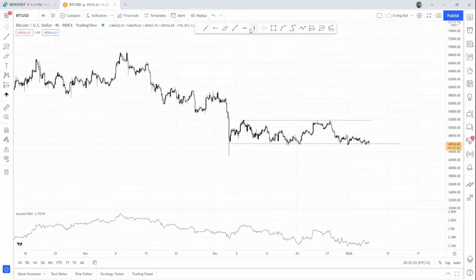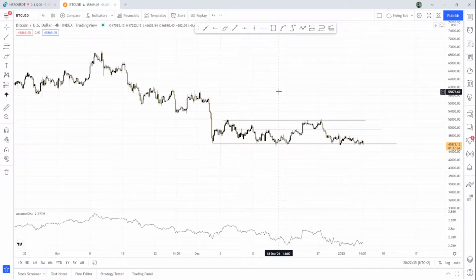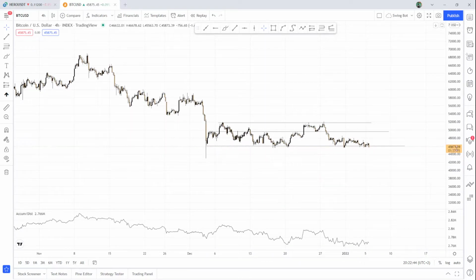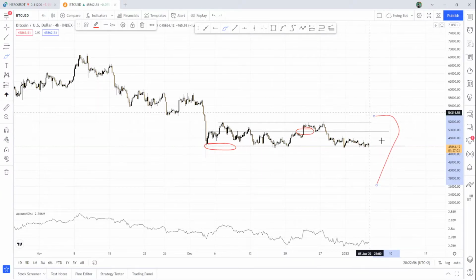If we go on lower time frames, there is another zone here, which is this one, but normally the whole range is the bigger one. So you must define these levels, this range, because this is an accumulation level and this is another accumulation level, so it's actually two. It's a big one, but inside this big one